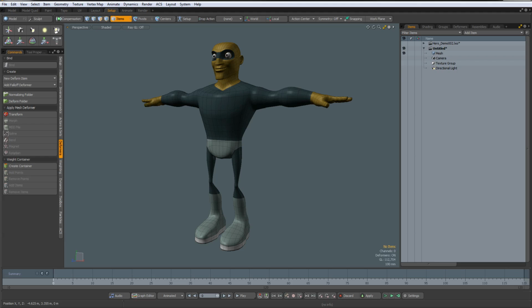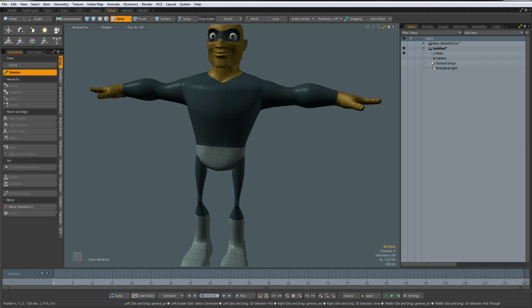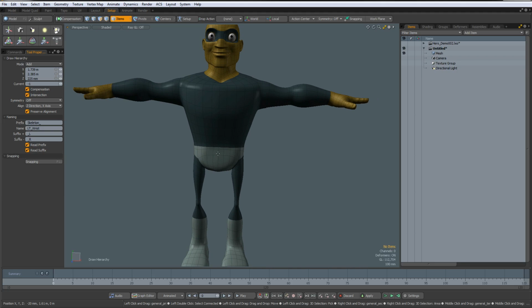I'm going to go ahead and place a few joints using this option so you can get an idea of what I'm talking about. Come over to the Setup tab, Skeleton, and normally I would change my character to the side view or the front view or go to one of the ortho windows to try and line things up. But if I come over to the tool properties, I can see that intersection is enabled, and it is by default, but I always make sure that it is. And I can just go and start clicking